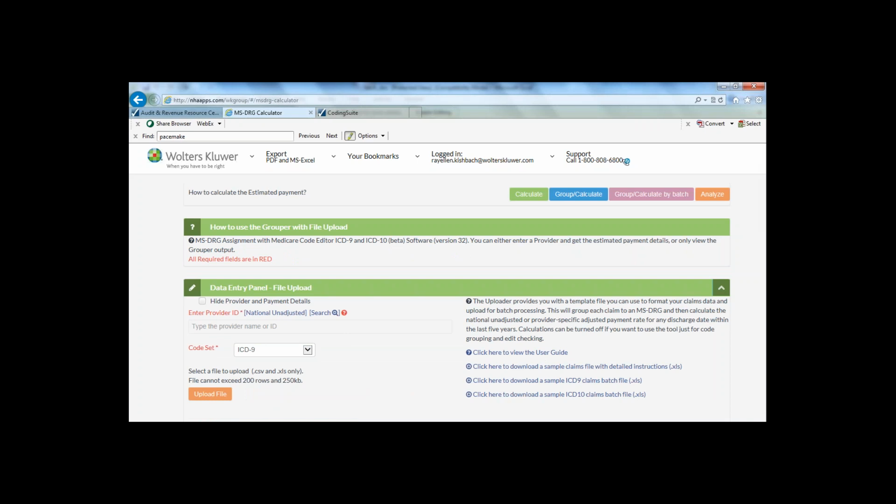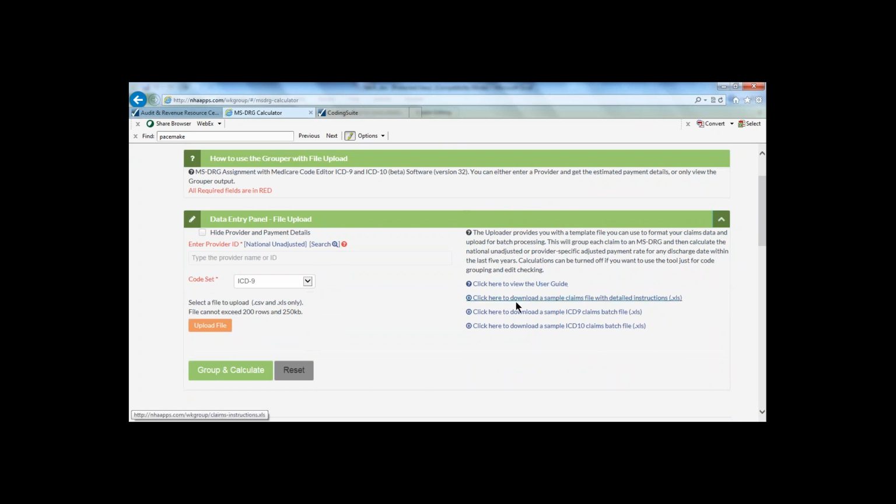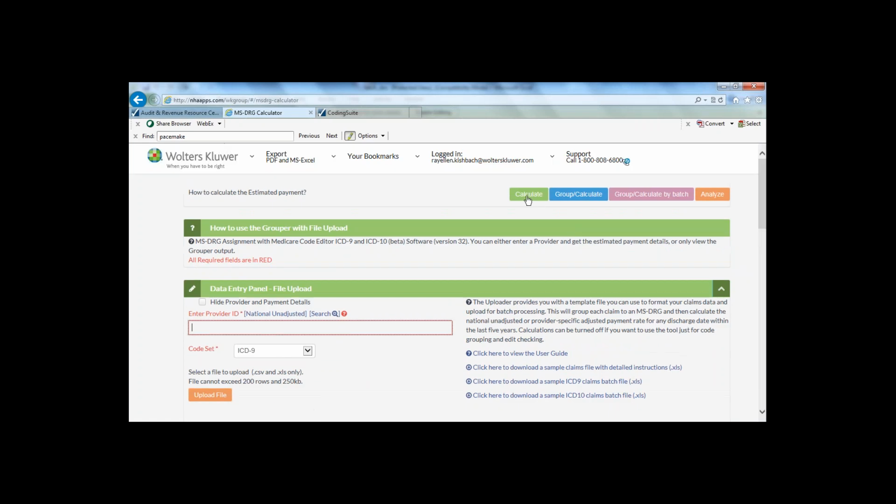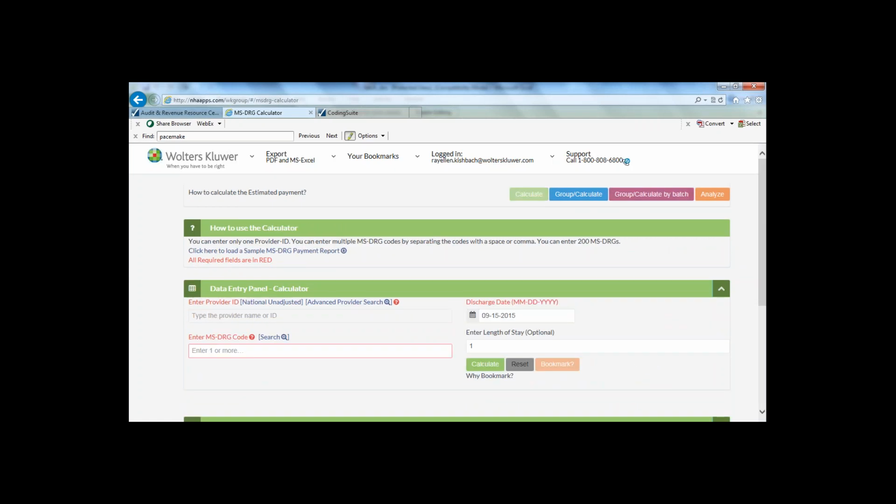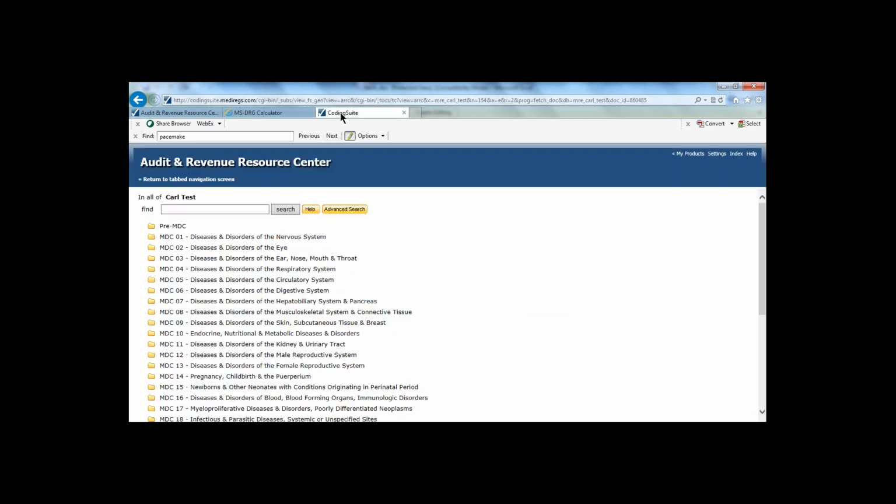So you can upgrade your subscription. We have a batch grouper available for you, which allows you to download an Excel file, fill your claims into that Excel file, and upload them all at once to run 200 claims at once. Very useful if you're doing larger validation studies or I-9 to I-10 shift analysis. And then finally, we also just, if you know your DRG and you don't want to start with ICD-10 codes, so for instance,